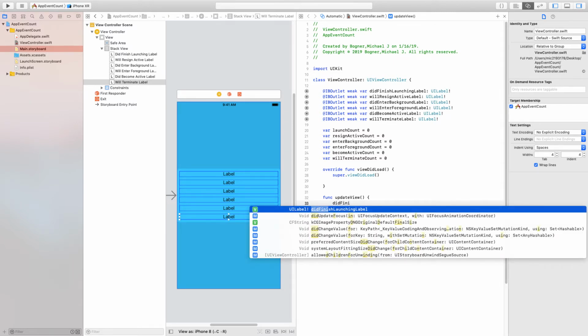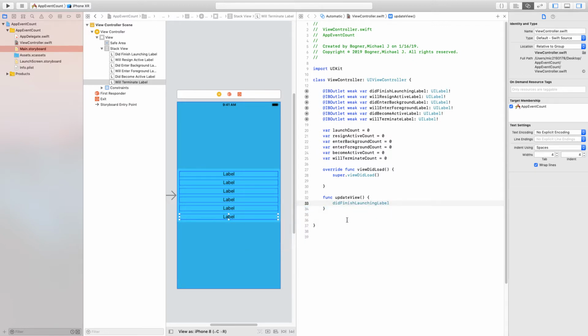So did finish launching label dot text will equal the app has launched, and we'll add our launch count variable